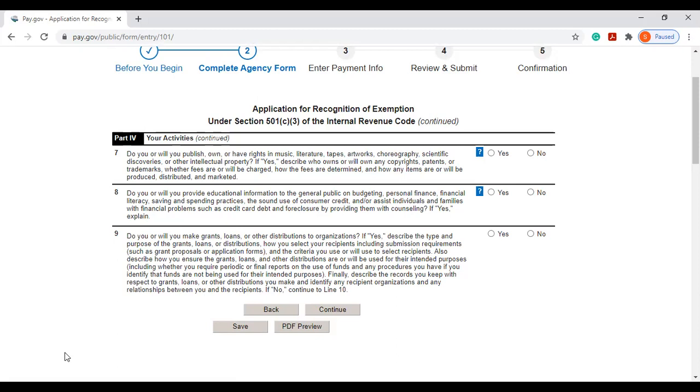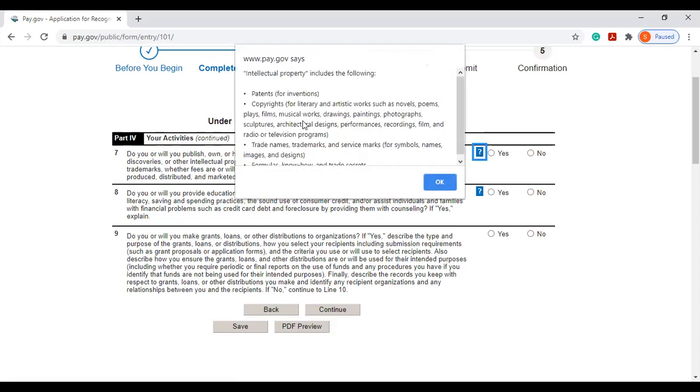The organization will have the copyright for the content and the trademark for the logo. And if it's an invention, a patent. If that's the case, you have to answer all the parts of this question. So if you plan to do that, learn more about the question, get more detail about the question,